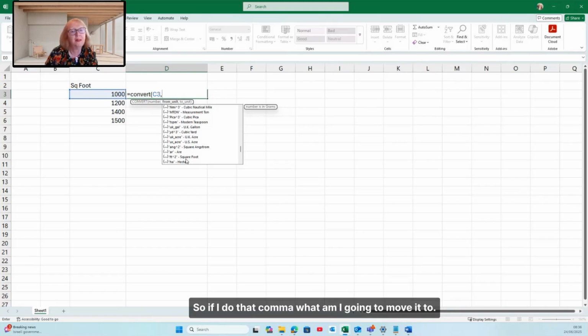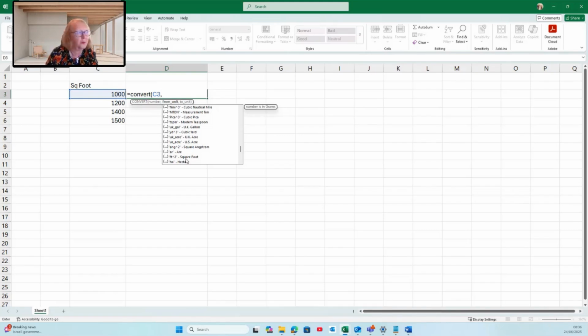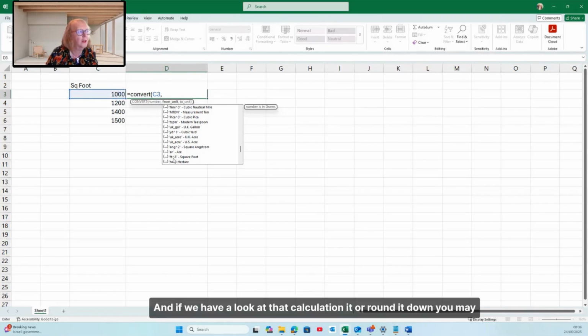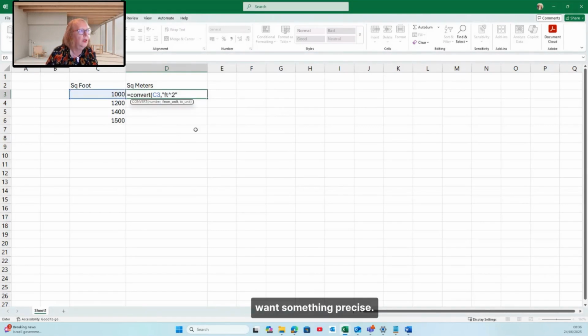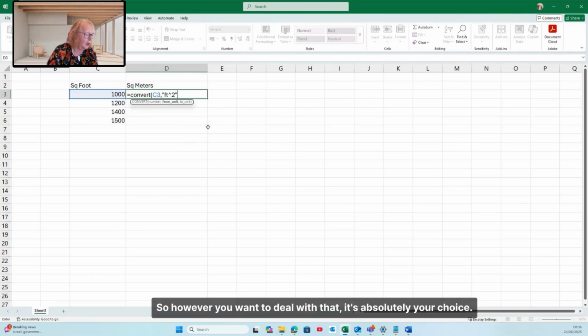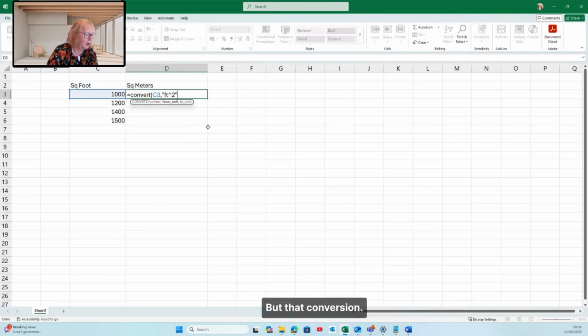Now, as you begin to use the ones that you do in your particular job role, then you can learn what this is. So it's square foot to meters squared. Yeah. So if I do that, comma, what am I going to move it to? I want to do it square meters. And if we have a look at that calculation, it